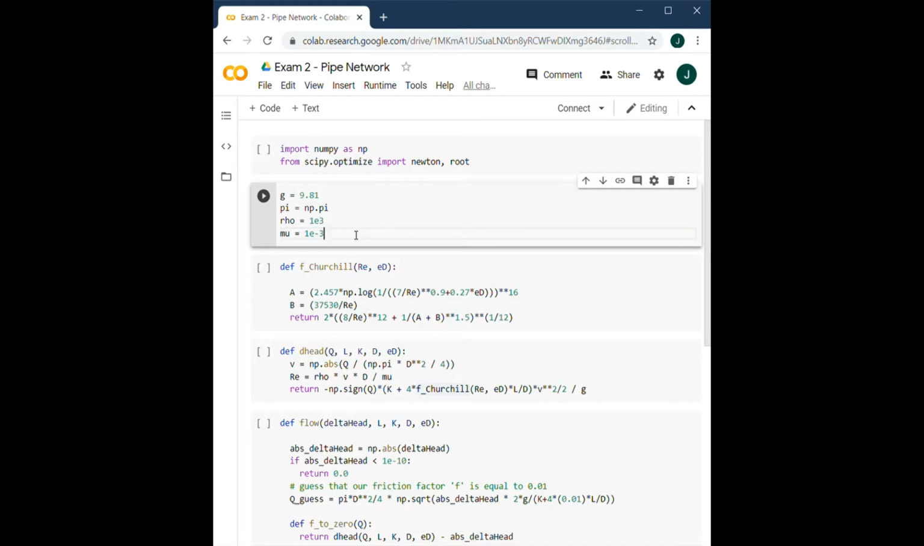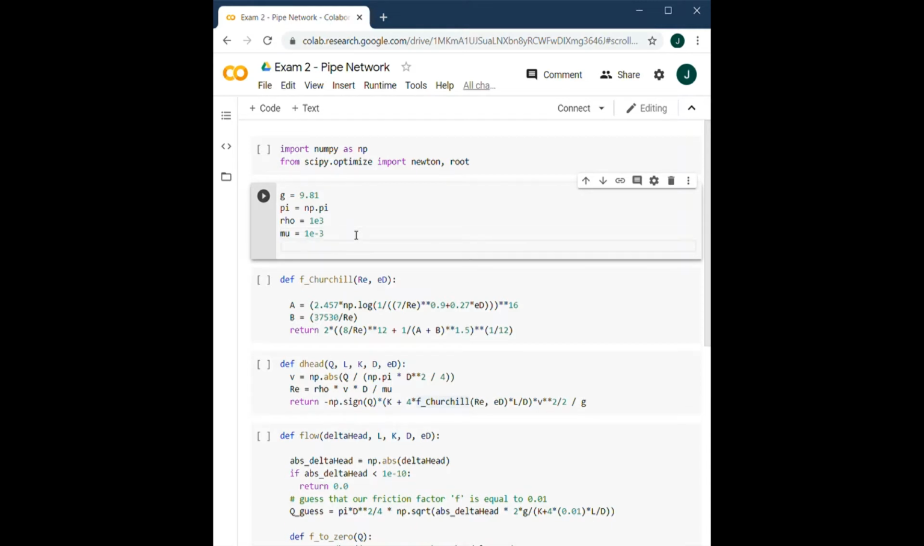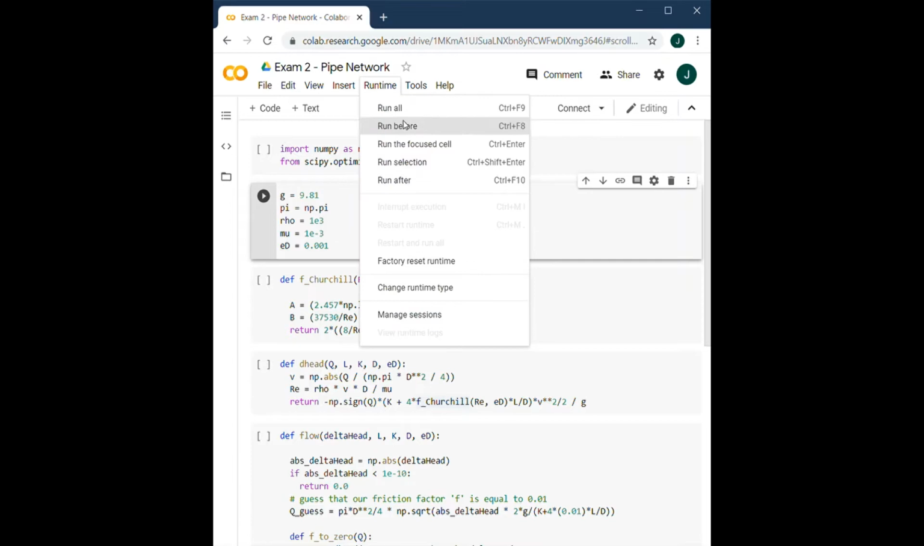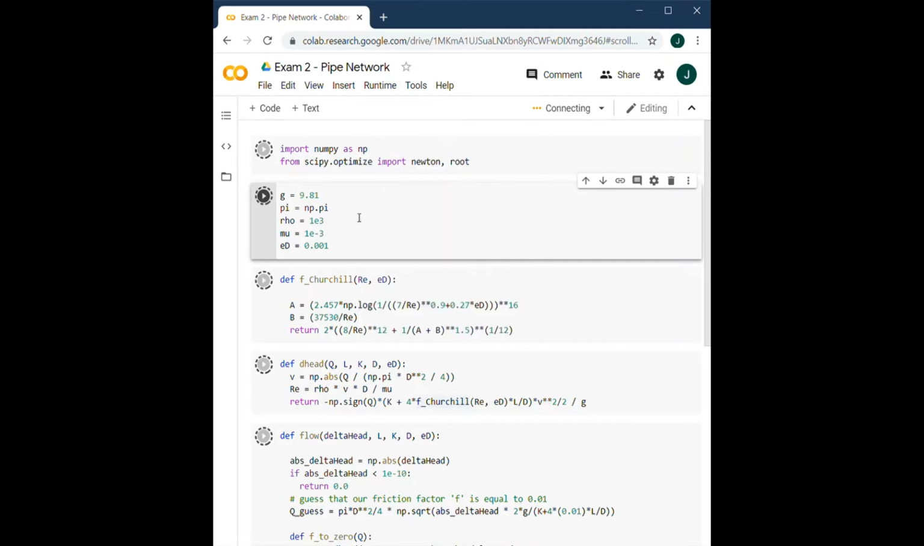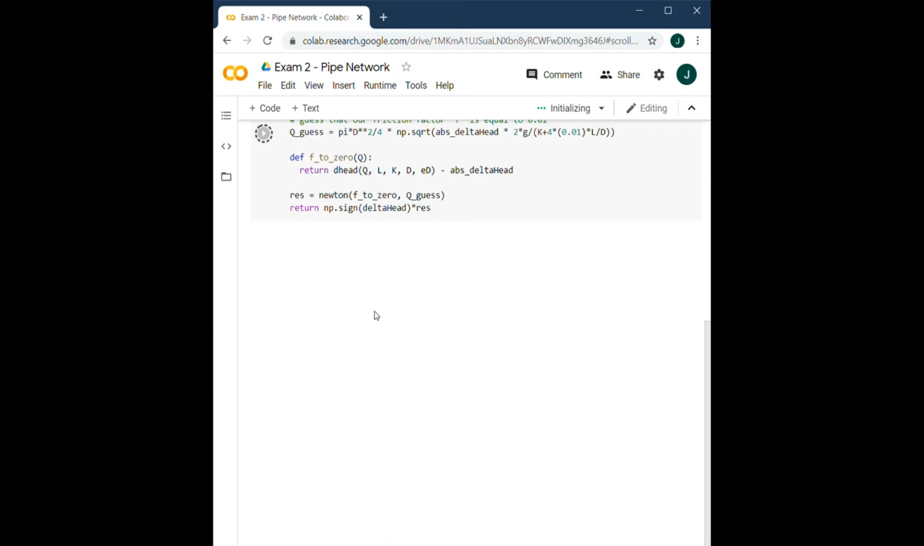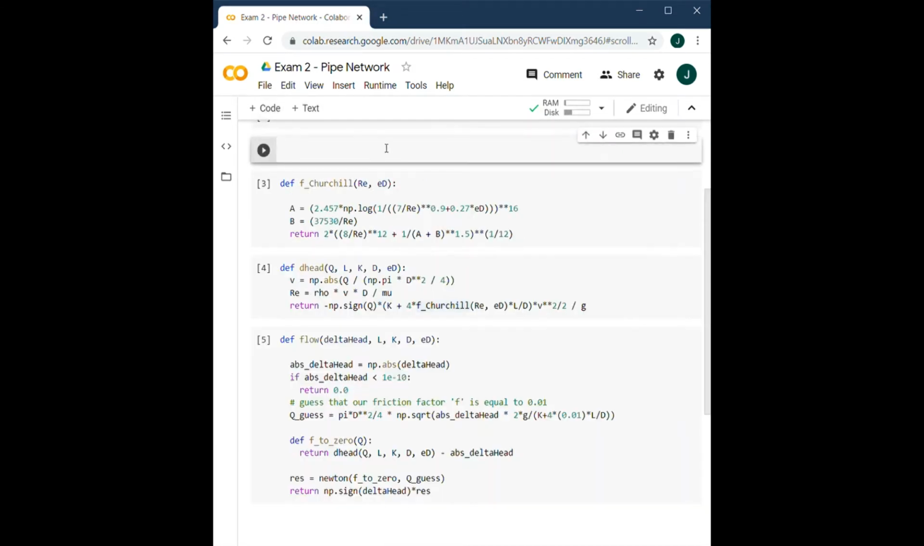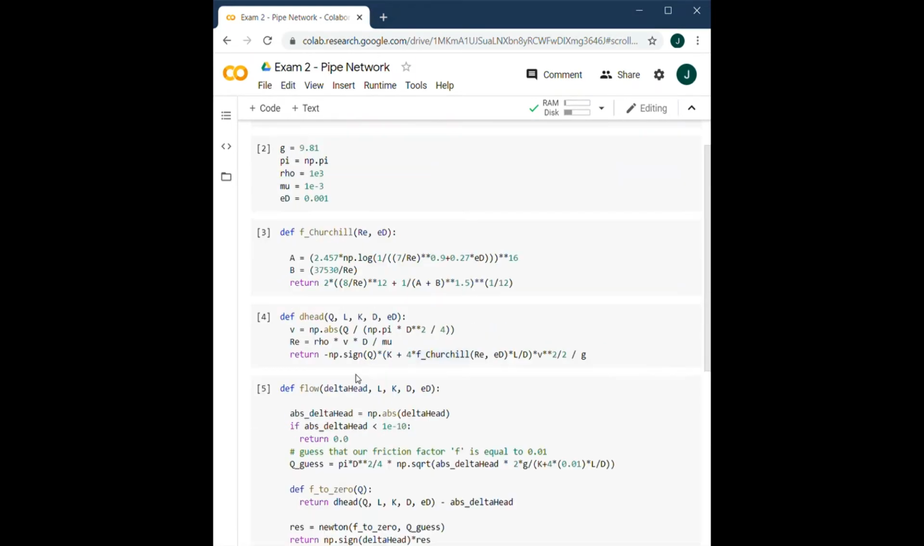So after we input our mu, the last one we're going to need is going to be the internal roughness of the pipe. The internal roughness is going to be 0.001, as given in our given information. Running that, now that we have all of our given information,